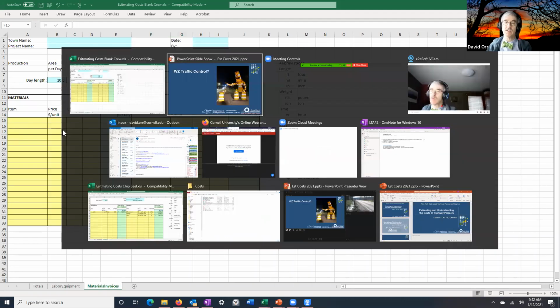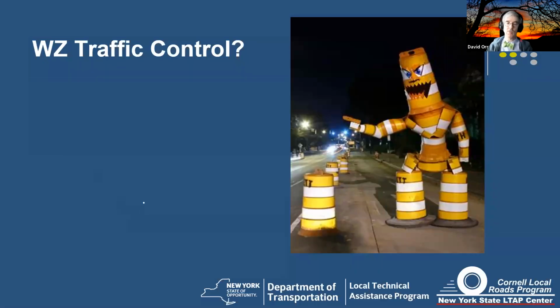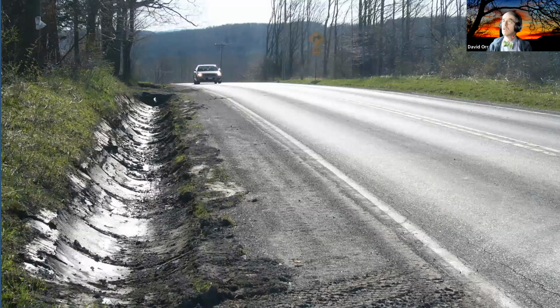Okay, so what we're going to do, we're going to start with a fairly common operation. We're going to start with ditching. Okay, so if we're doing ditching, we'll get my little whiteboard here. I could write this on a piece of paper, and we'll see how my computer screen does here today. Okay, it's behaving okay. So I put in ditching.